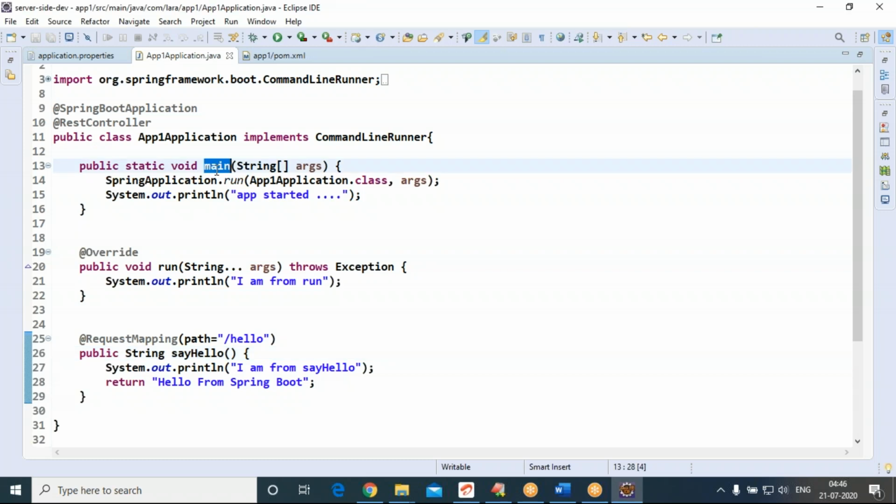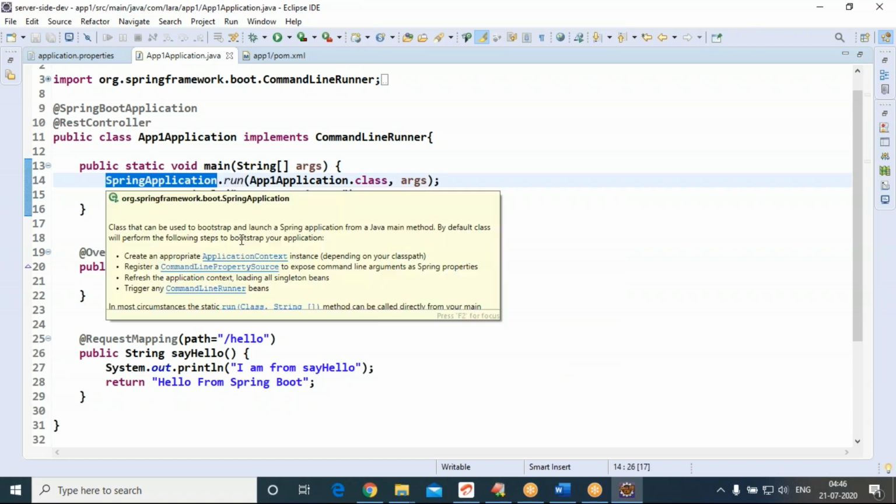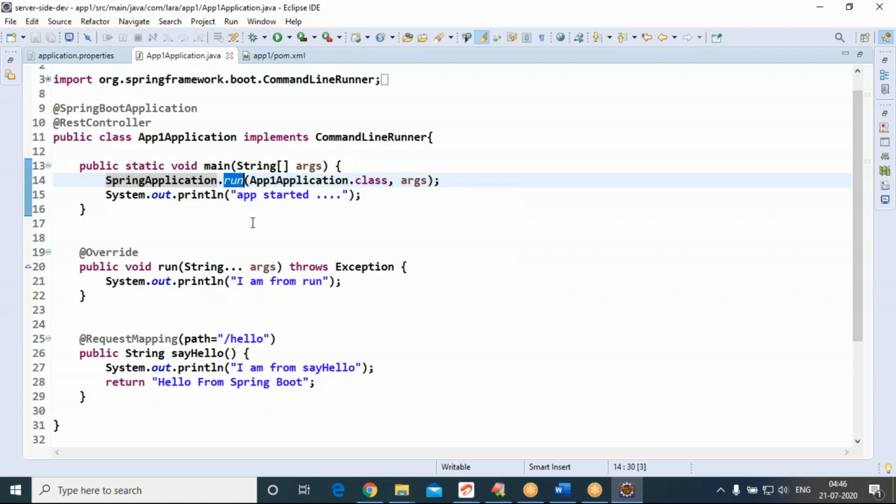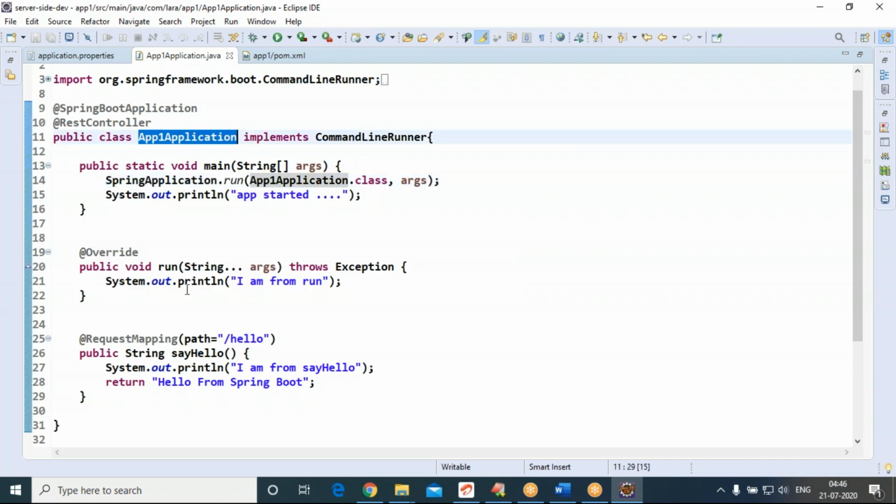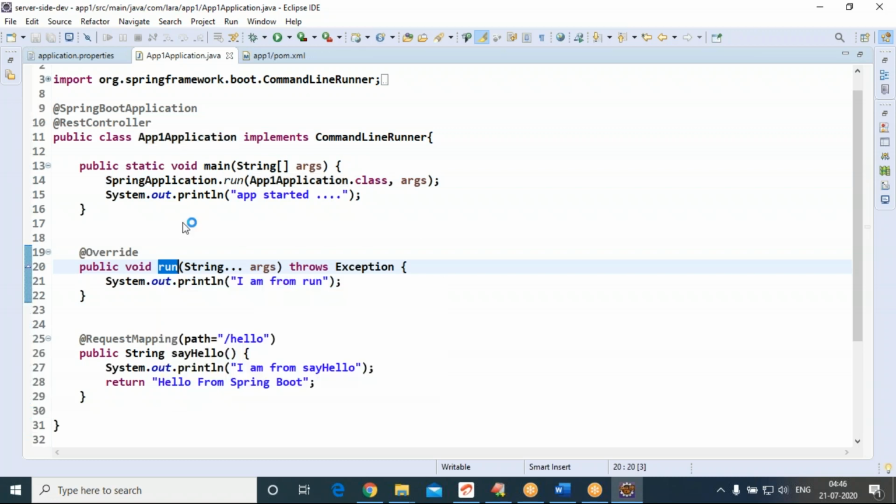In the application class main method, while executing the main method, we are calling the run method. This run method is from SpringApplication. This run method internally calls the run method of your application. That is this run method.